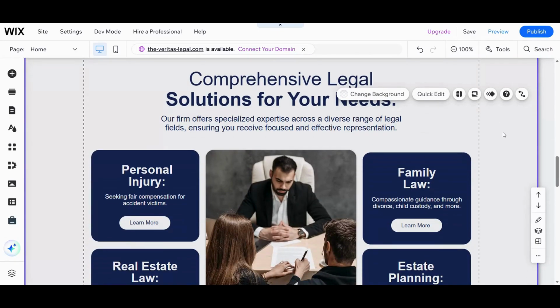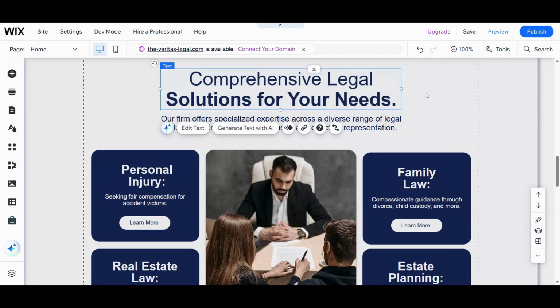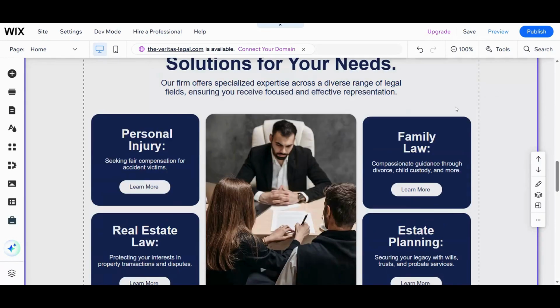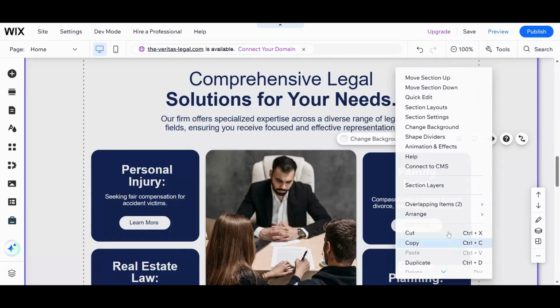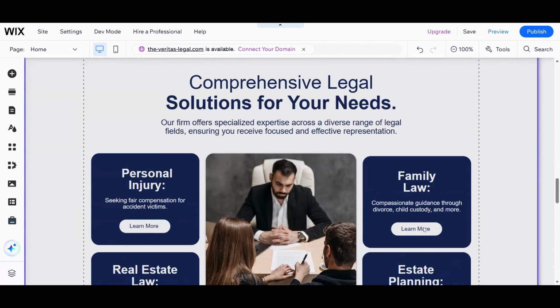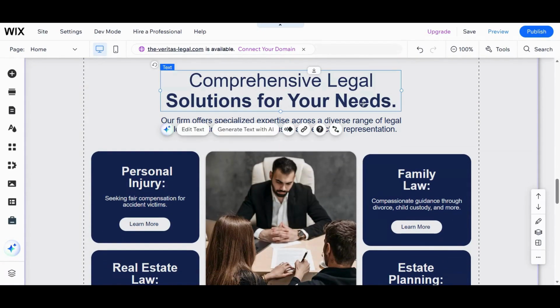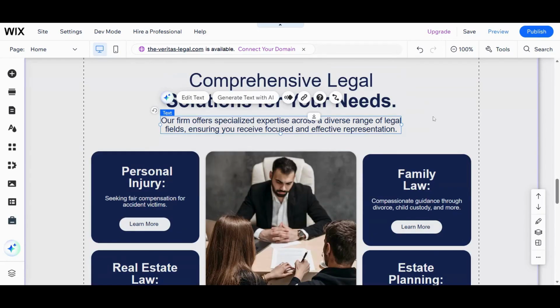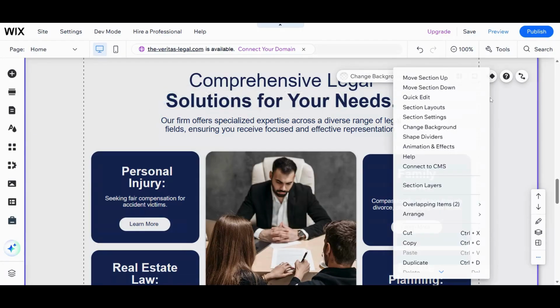A little design trick that I can share with you is if you're not sure how things are going to look or you are a little afraid of messing things up, just duplicate a slide. So right click, duplicate, and you can edit this version and compare it to the main version. This is a safe way to edit your site without feeling like you are messing things around, which you are not. This is your website, so you can tweak and move things around as you want. Okay, let's delete this now.